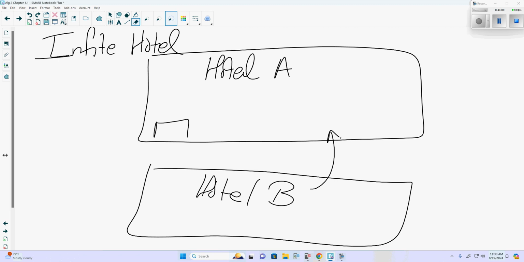We can have nth versions of hotels, and they will all merge into one. But there's more trickier ways to get there. So that's kind of just showing that infinity is not obtainable. Now, go on and grab